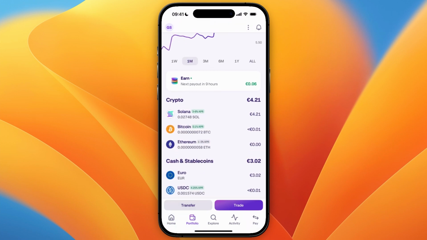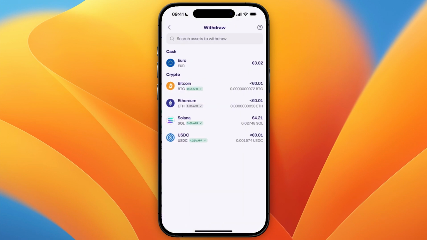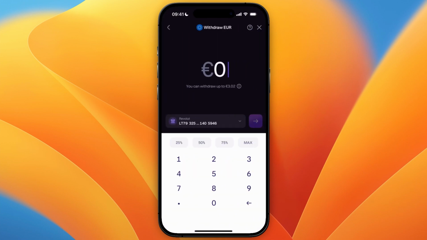Now from there, click transfer in the bottom and select withdraw cash or crypto. From there, under cash, select whichever currency you use, which for me is euro. And then here you can select how much you want to withdraw, and you can select where you want